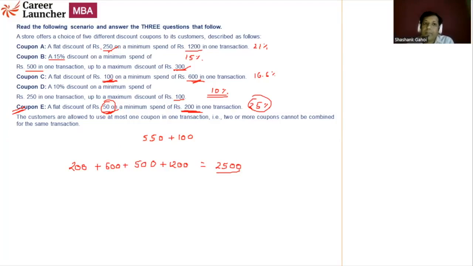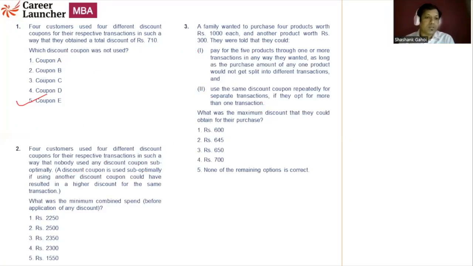I have taken the minimum amount spent that is required to get the discount. And if you spend an amount that is less than that, you are not even eligible for the discount. And I have already calculated the percentage discount. So if I want to optimize and I want the maximum possible discount, I am going to discard the coupon that is going to give me the lowest discount, and the lowest percentage discount is given by coupon D. And I am supposed to use only 4 coupons. So I'm definitely not going to use coupon D, and I am going to use the remaining 4. So my answer of this question comes out to be 2500.